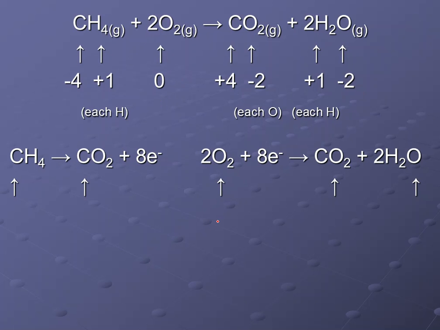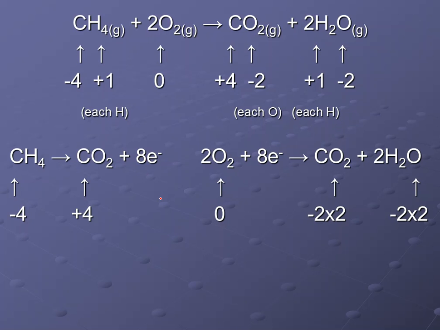Over here on this side, it started as a 0, and then this oxygen gained 2 electrons, but there are 2 oxygens in that compound, so it's a total of 4 electrons gained. This oxygen also gained 2 electrons. There are a total of 2 oxygens because of our coefficient here, so there's another 4 electrons gained. So in this redox reaction, there were a total of 8 electrons transferred between the